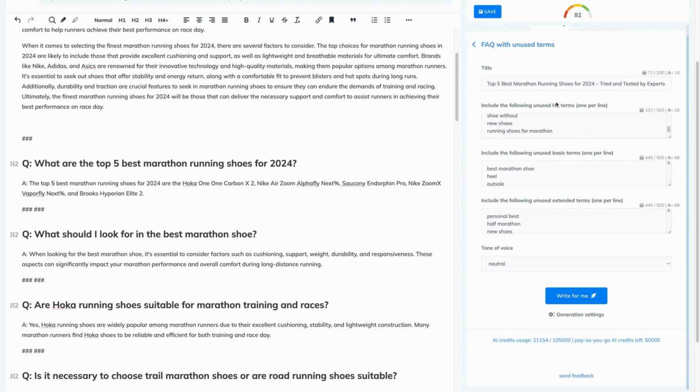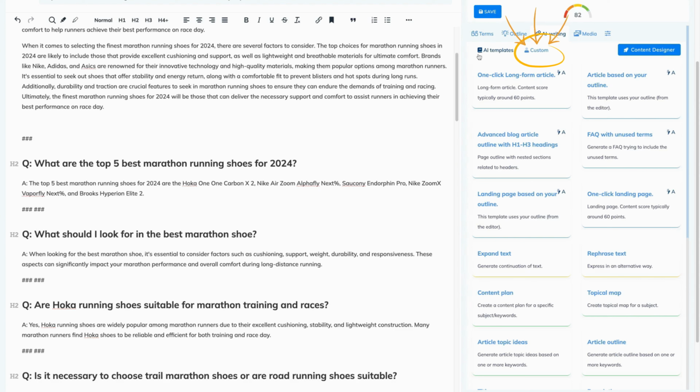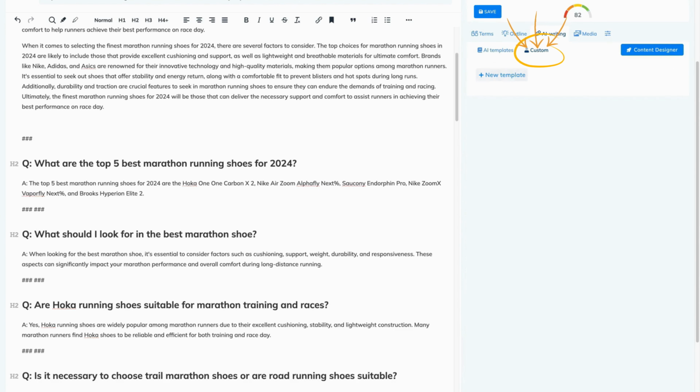Now, moving to custom templates, you can find them next to the AI templates. Use them to create your own unique and customized templates and have them ready whenever you need them. This option is great for those who feel confident in writing prompts for AI. The explanation of them is ready in another video, so I'm going to move to the last feature, that is